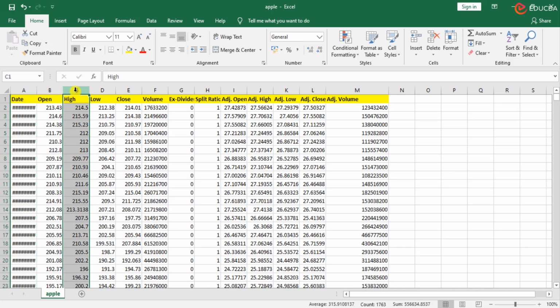The next is the high. High is the highest price at which a stock traded during the course of the trading day. So this is the highest price at which trading took place, or you sold a share at so and so highest price. The next is the low price. Lowest price at which the trading took place, the lowest price at which someone sold the share. The next is the closing price.